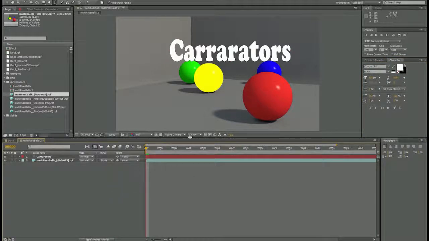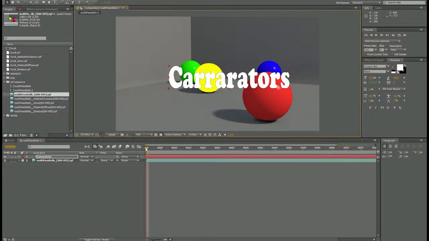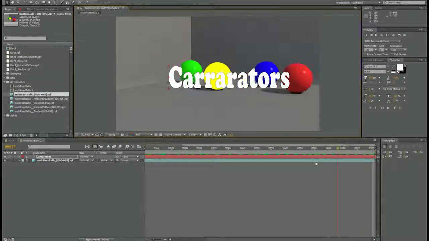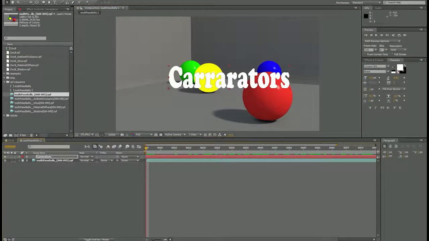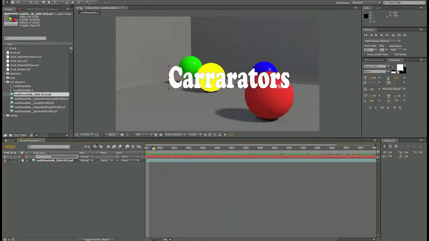Okay. So now you notice though, if I were to select that and move it, notice it's on top of everything, right? So even as I animate, that's not really what we're going for, right? So let's say our interest is in making sure it was behind or between the yellow and the blue balls. Okay, so let's do that. So to accomplish that,